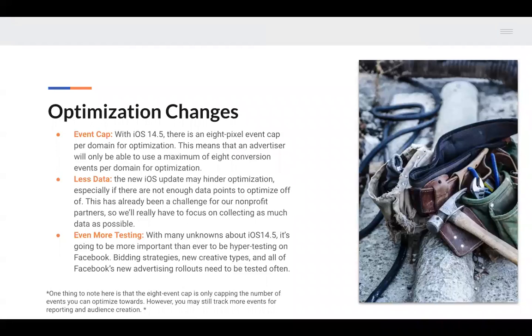Third thing is going to be your optimization changes. If you are in your Facebook accounts and you're doing some of the work yourself, keep in mind, when you're making your adjustments and your optimizations to your accounts, these are some of the things that you may want to think about. The first thing is your event cap. There's an 8-pixel event cap per domain for your optimizations. This means that an advertiser and a nonprofit can now only use a maximum of 8 conversions per domain for their